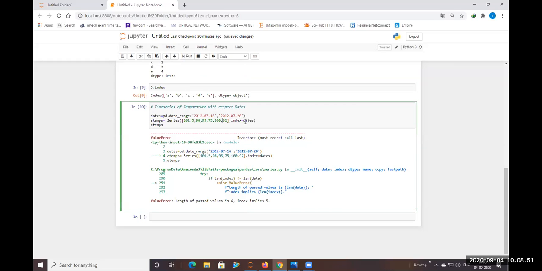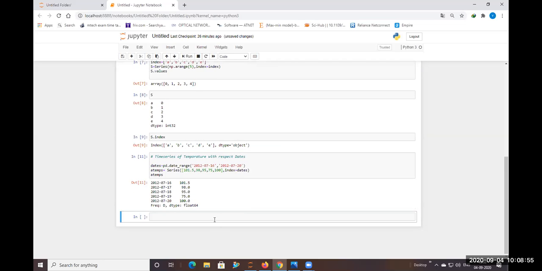Now you can see a total of 5 values representing the data: a time series of temperature with respect to the dates I have written here.